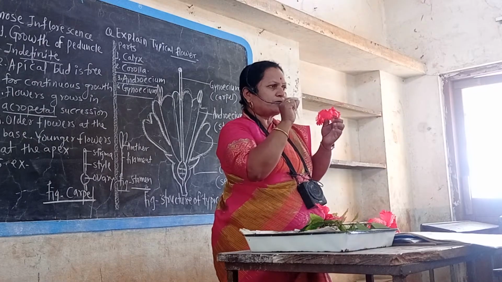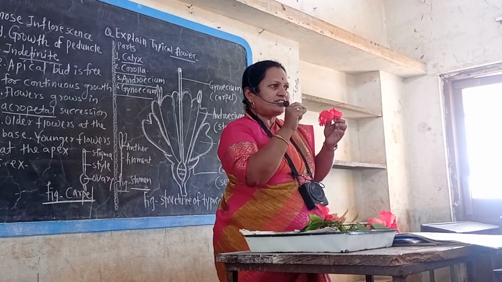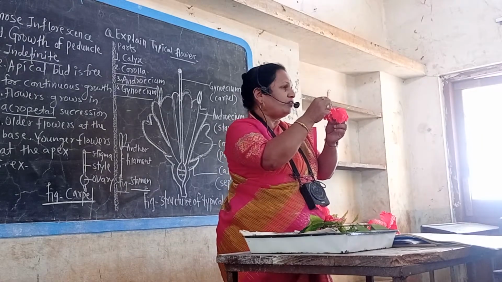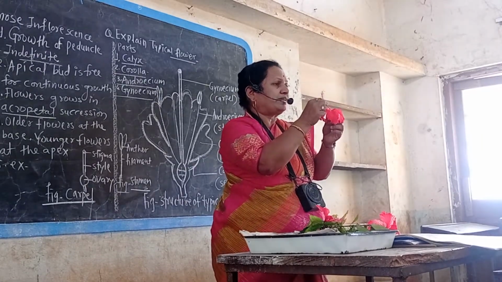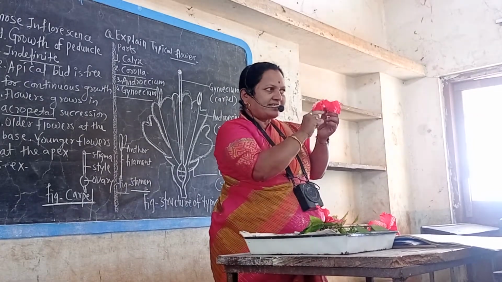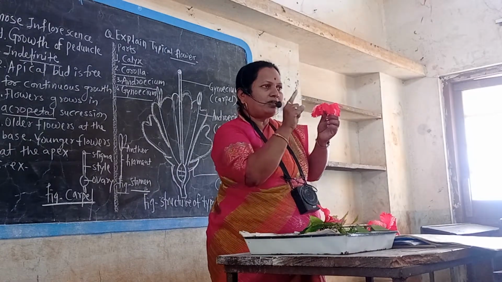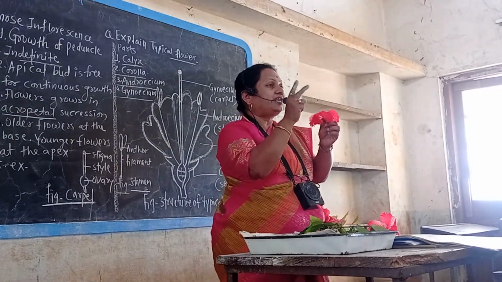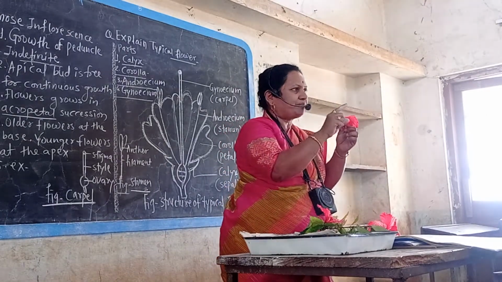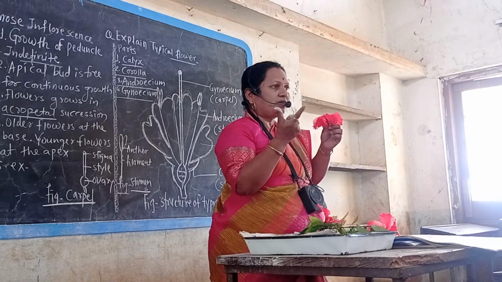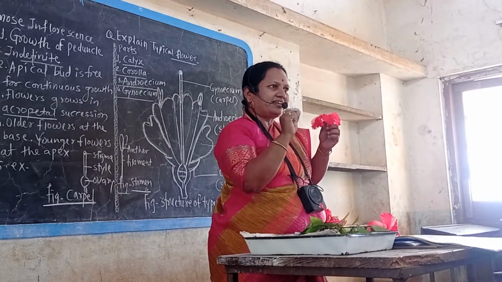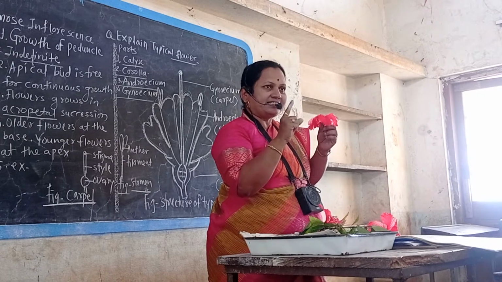In the process of pollination and fertilization, only certain parts or whorls of the flower take part. That is the androecium and gynoecium, the 3rd and 4th whorls. But calyx and corolla help, therefore they are called accessory whorls. And then the third and fourth whorls are called essential whorls, that are androecium and gynoecium. These two are essential. Why are these essential? Because they take direct part in the process of pollination, fertilization and production of fruit. Is it clear to you?